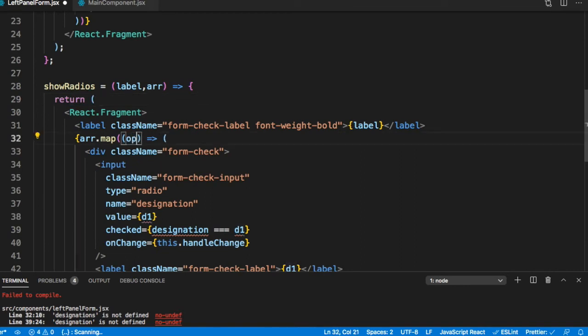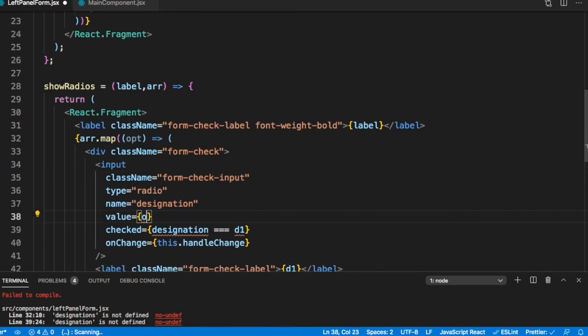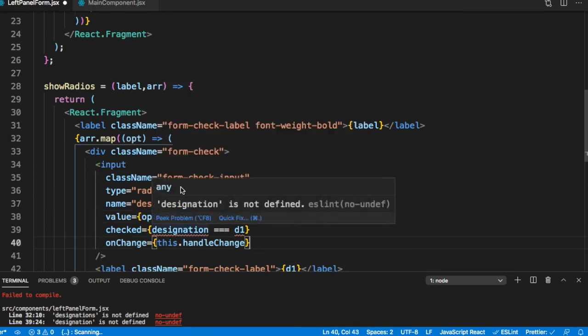Let's call this option. So the value is option. Then we need the name.